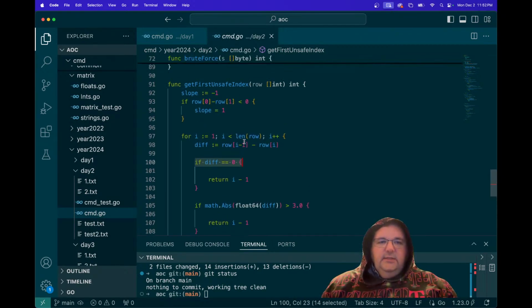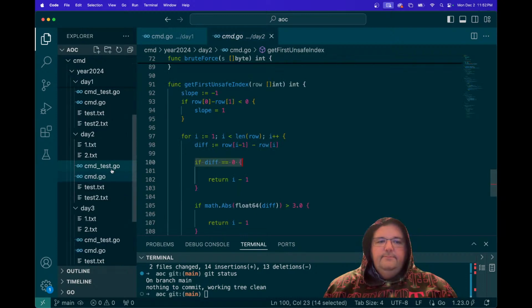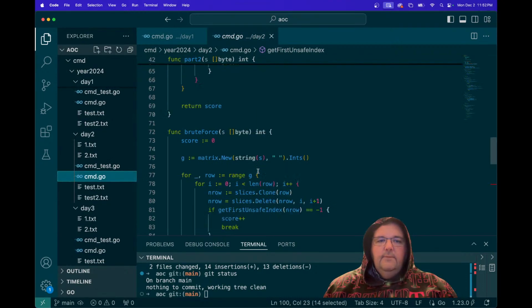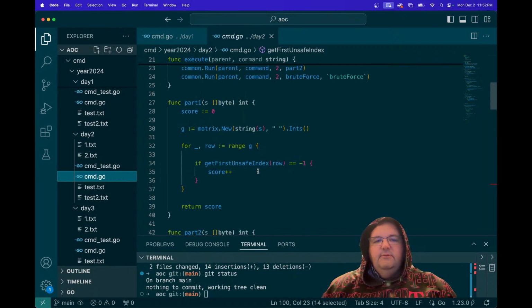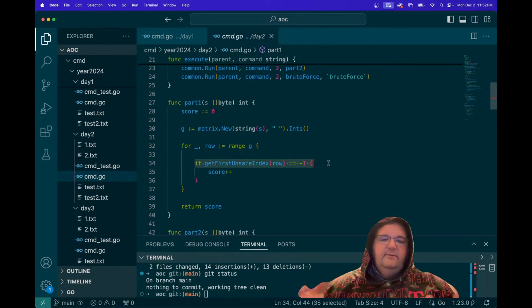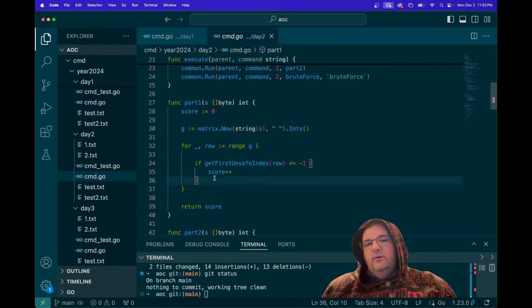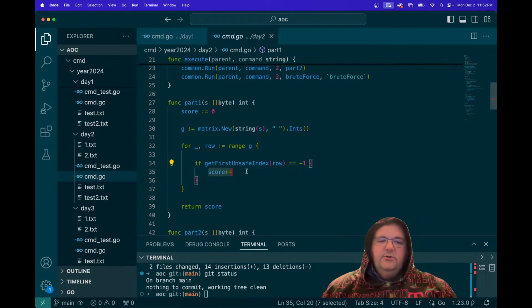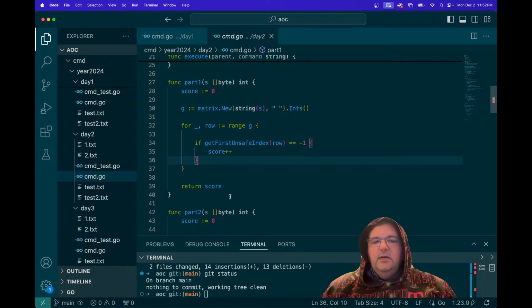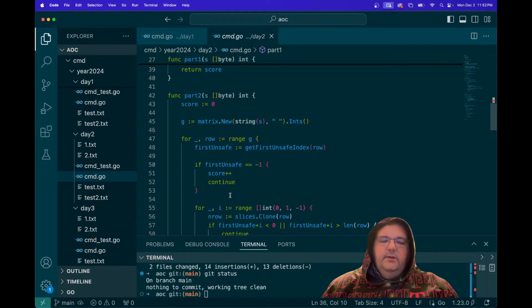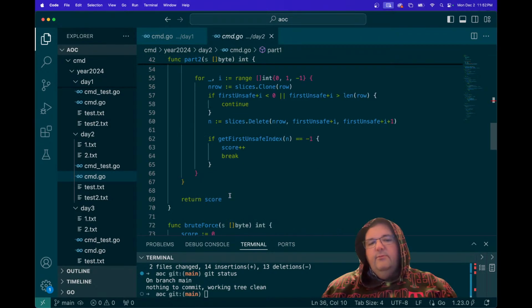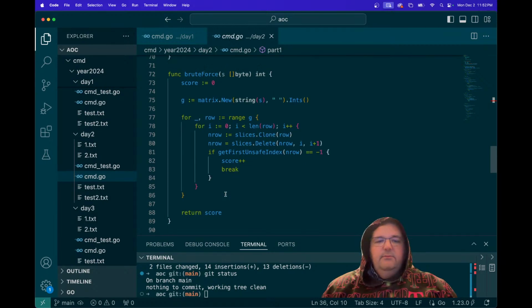Using this, we were able to determine the first one was just that we weren't allowed any unsafe levels. And so that's pretty straightforward. We just say, hey, do we have any unsafe index? And if not, it will return -1, and then our score is incremented for that particular one. Part 2 was a little bit more challenging because we were allowed to remove one unsafe index. And so I had this more optimal plan in mind, but the brute force method is just go ahead and check to see